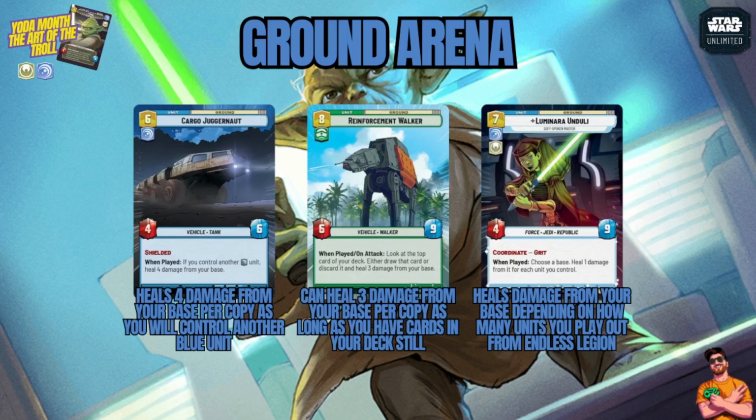They haven't done any damage to your base because you healed completely, or you've healed enough where they're way off, will have no board, and you having a huge board and not being able to damage you and finish you off. Because you've got Cargo Juggernaut, which heals 4 damage from your base per copy, as long as you control an Aerial blue unit. You will control a blue unit, because by the time you've done the combo, there'll be at least 1 blue unit, be it Redemption, another copy of itself, or Luminara there, to basically bring out and heal your damage, and for 4 each, that's up to 12 damage you can heal from all 3